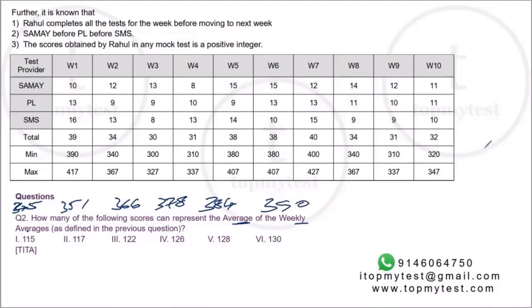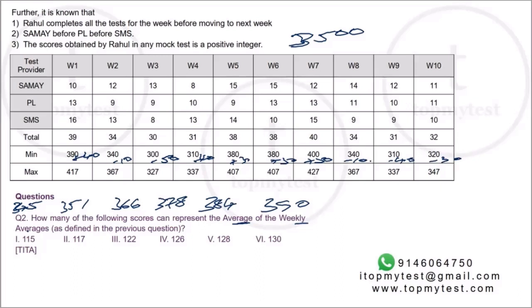So let's quickly calculate the overall average. Let's see how much it is. If you take a rough estimate of 350 as the overall average, almost everything is there. So total will be 350 into 10, 3500. Now let's see what the deviations are. This is plus 40 over 350. This is plus 40. This is minus 10. This is minus 50. This is minus 40. This is plus 30, plus 30. This is plus 50. This is minus 10. This is minus 40. This is minus 30.